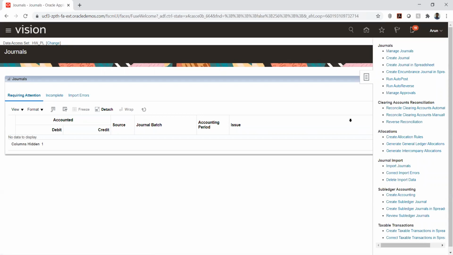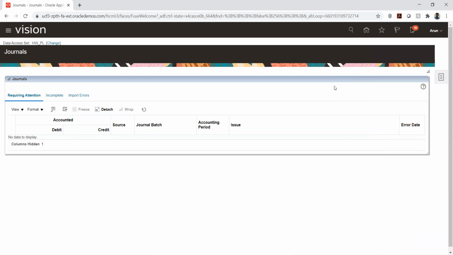We can see it, or maybe we can close for the day. No, that's okay, no need. I can understand: on the right side, create journal means we will create a new journal. Manage journal means we will review and post it. And auto post is as in EBS. Yes, this is correct. Okay, great. I got a fair idea now on GL.